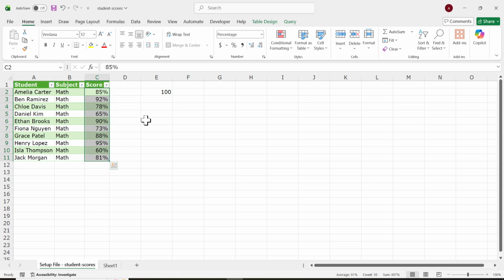After you apply the formatting, the score column displays values like 85%, 92%, 78%, and the rest of the scores in the same proper format. This avoids the common issue where applying percent formatting directly to whole numbers would create incorrect results such as 8500%